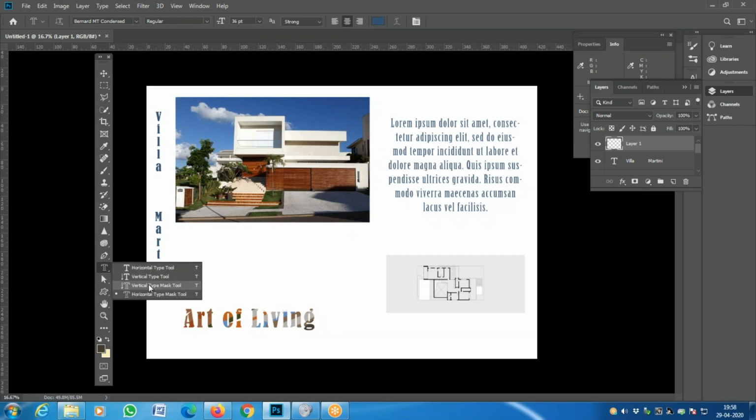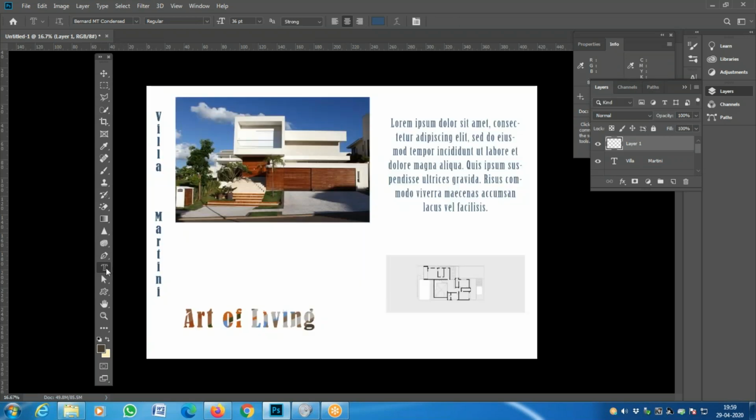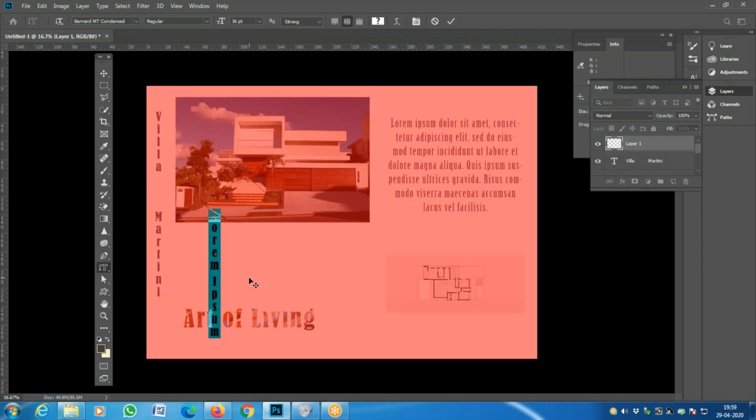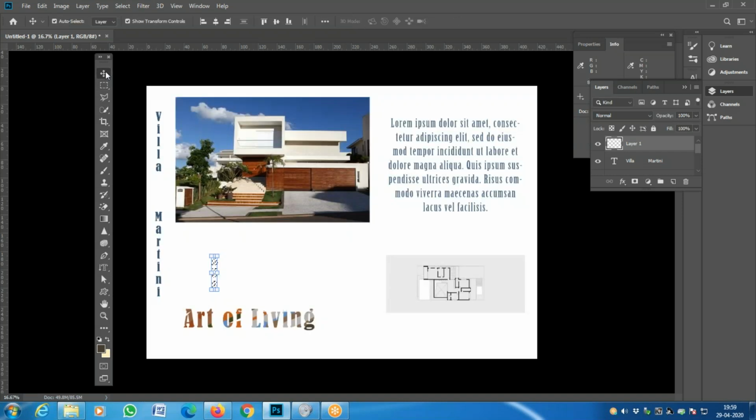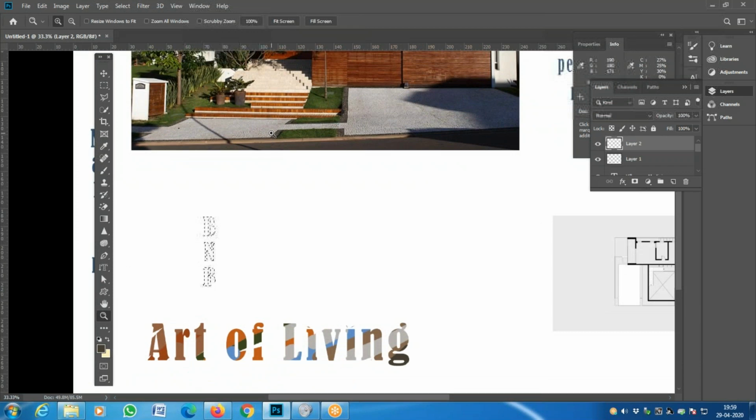mask tool. Okay, so this one is horizontal. You can have a vertical one also. You can use the vertical mask text tool, mask. So here I'm going to say something else, something like that. Okay, so again it has become, I'm creating a new layer for this, and maybe I'll use